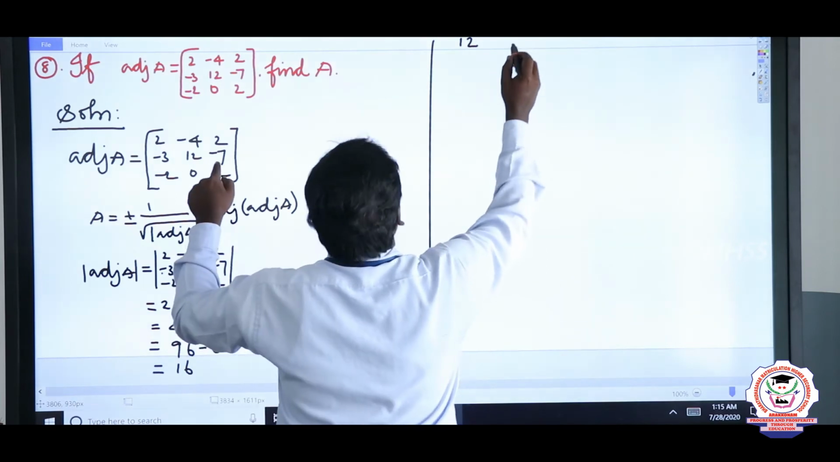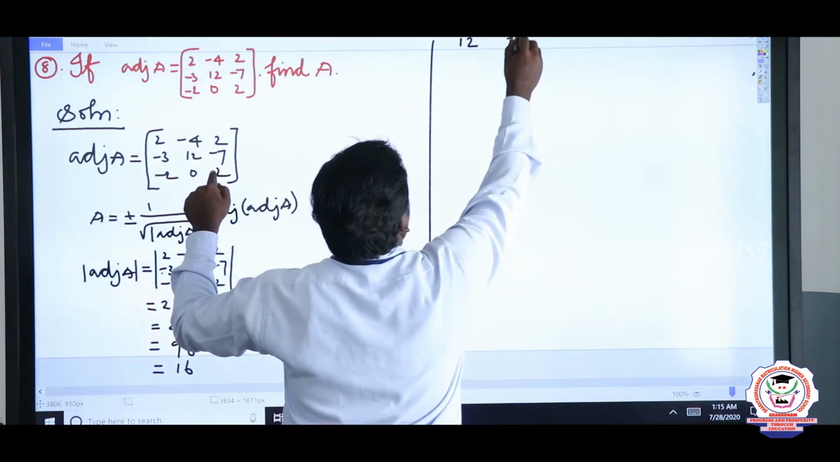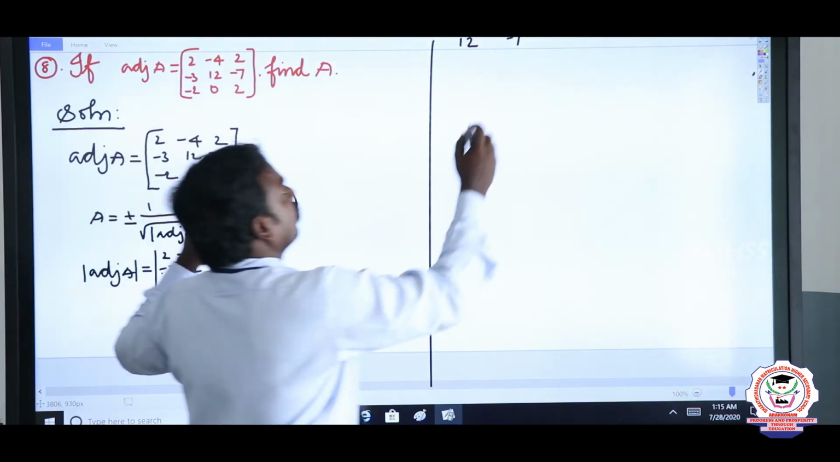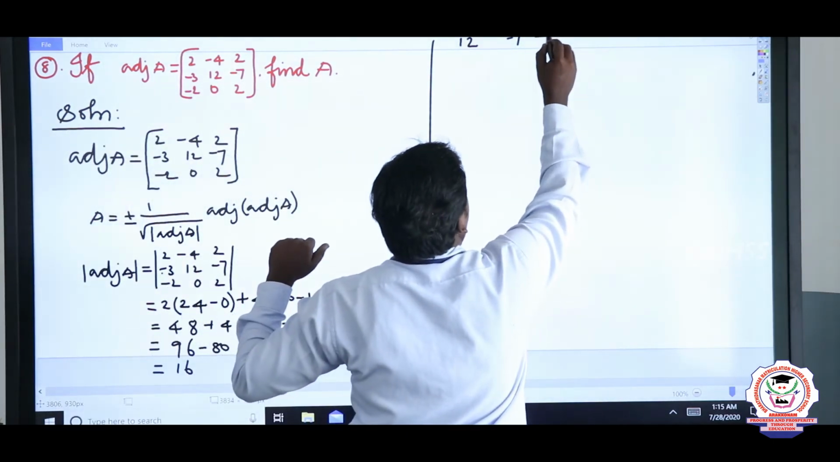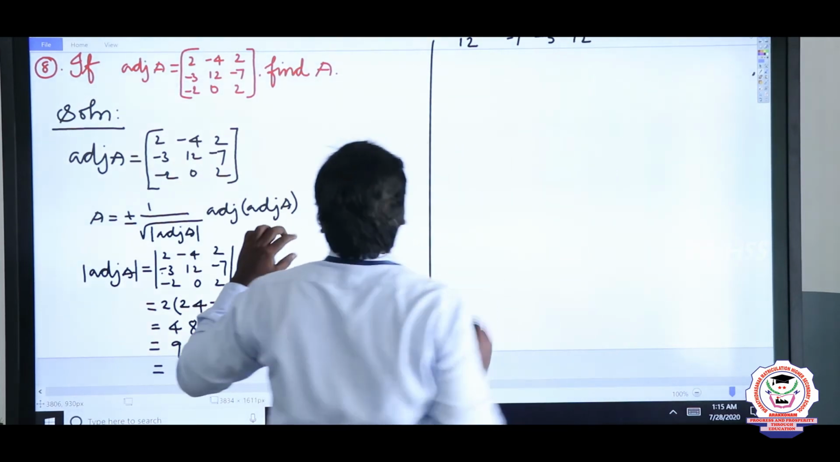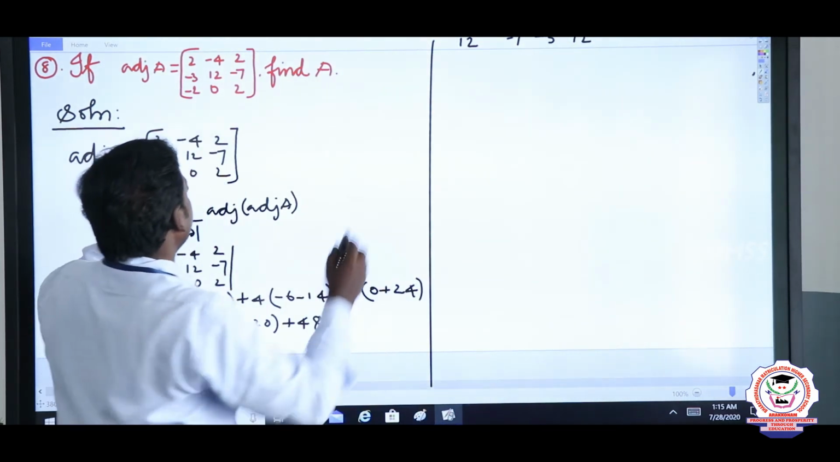So, next element is minus 7. Listen to this. So, first element minus 3, minus 3. Again the starting element we should write once again. So, plus 12. So, from the third row, second element is 0,